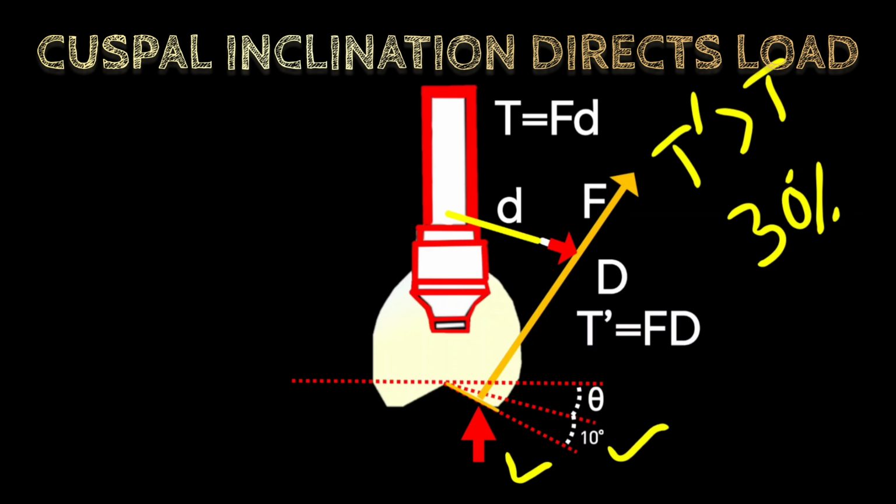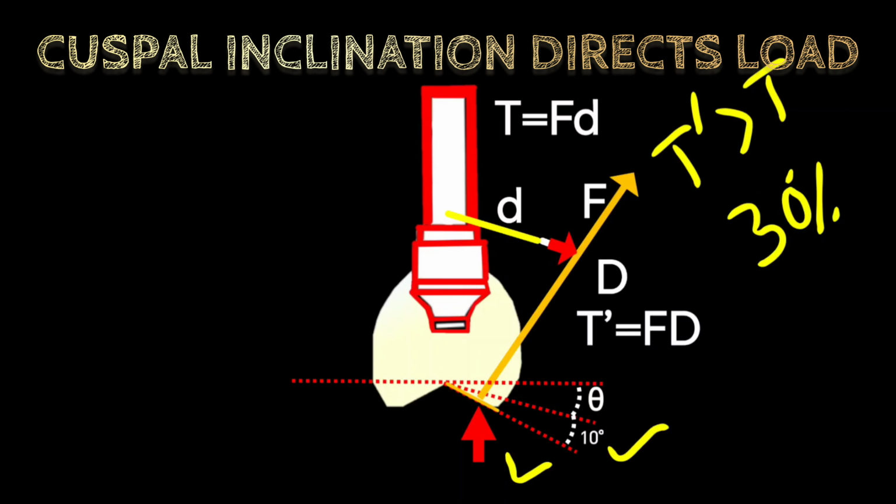Altering the cuspal inclination relative to the occlusal load changes the working arm distance, creating a lever effect that intensifies the torque acting upon the implant prosthesis. Think of it as a lever. The farther the force moves away from the center of the implant body, the more leverage is exerted against the